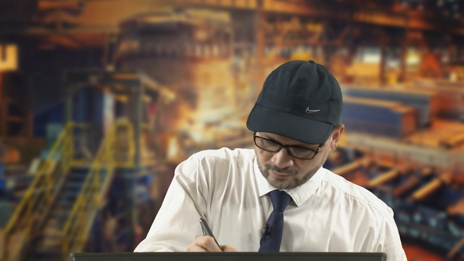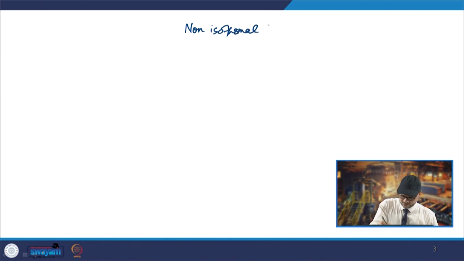So, you will have to have the considerations of these non-isothermal behaviors which remain in practice. So, if you go to the non-isothermal system, if you talk about the